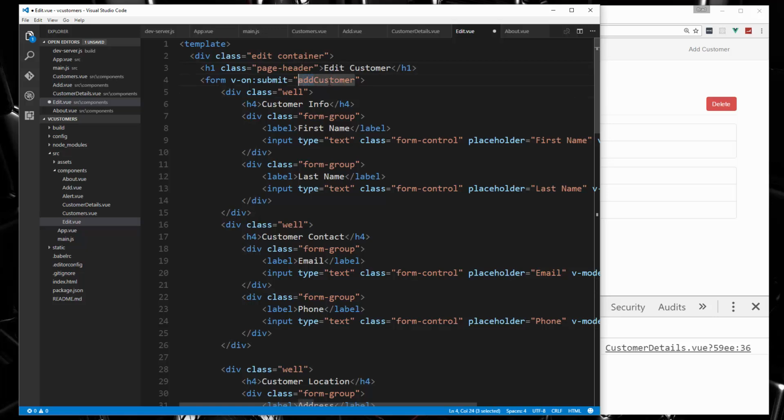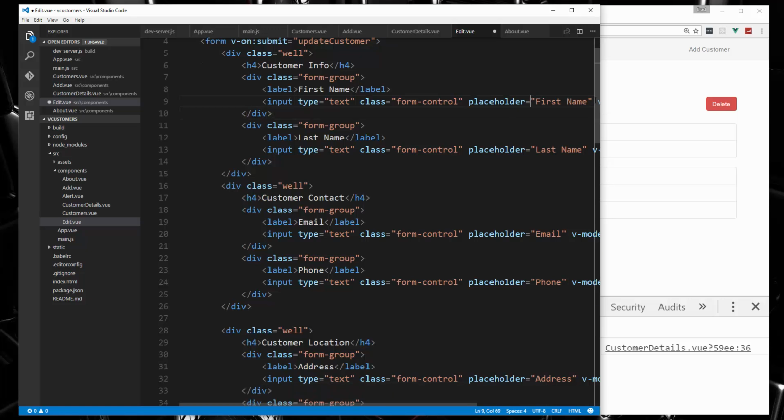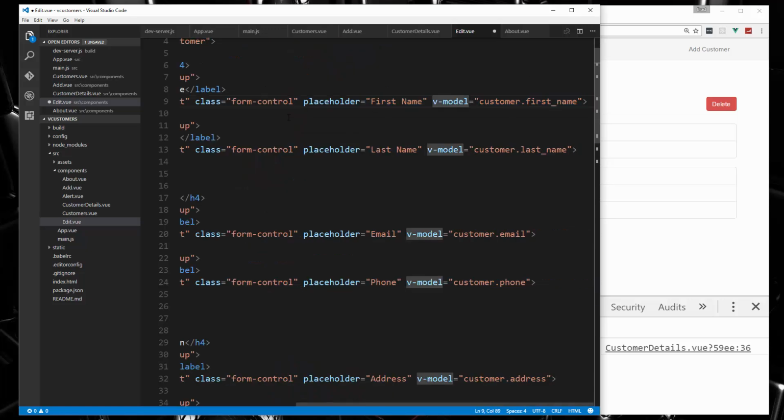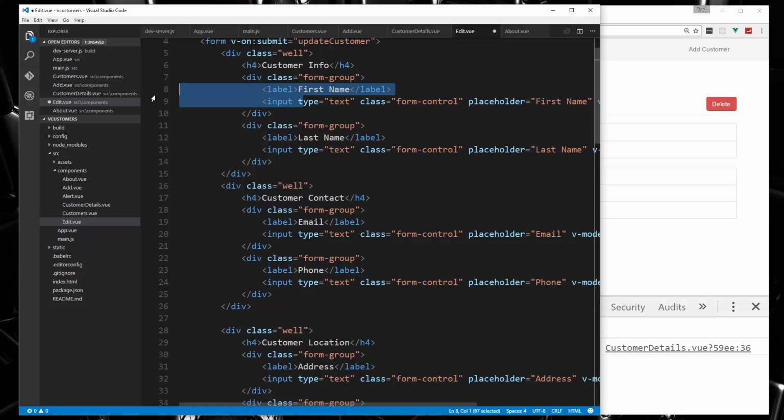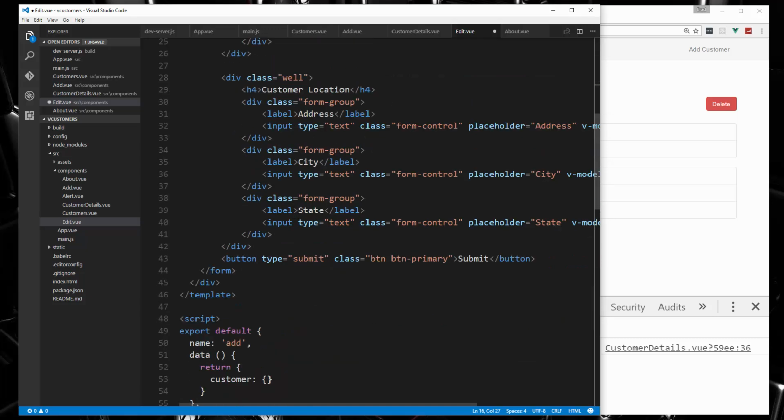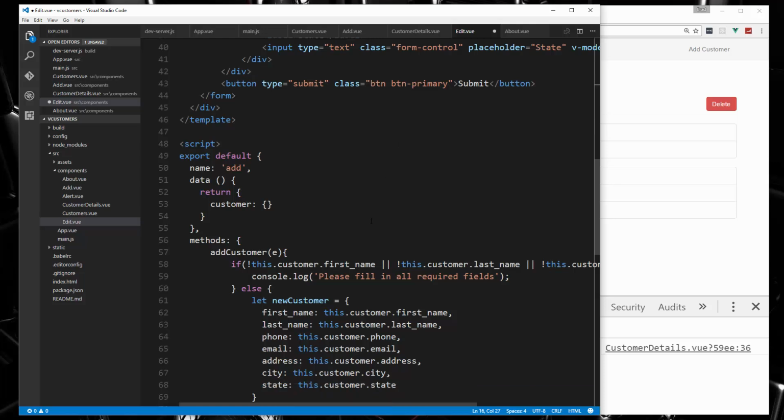The submit function here is going to be, let's say, update customer. This stuff will all stay the same. The V model can all stay the same. You could actually use the same form for add and edit, but I'm going to just separate it. Alright, and then let's see, down at the bottom,